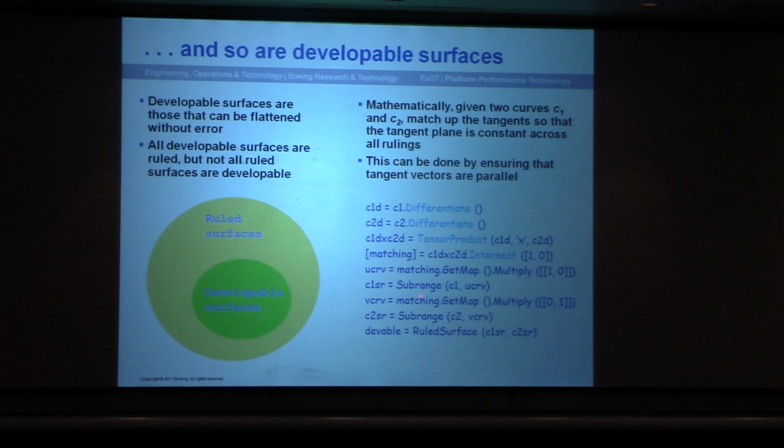subrange is an old don't ask. It's a non-mathematical word that means composition of functions. What I'm going to get from this intersection curve is u and v as functions of t. If I now compose my first curve with the u component of that function, my second curve with the v component of that function, I'm going to get c1 of u of t, and I'm going to get c2 of v of t, and now as a function of t, I've got all the right points lined up.